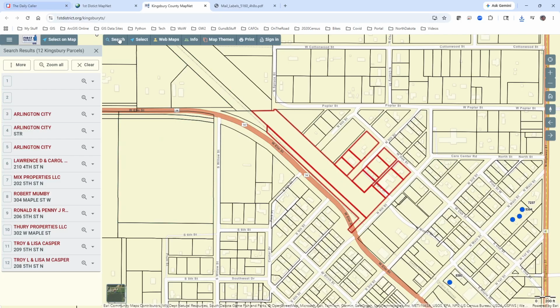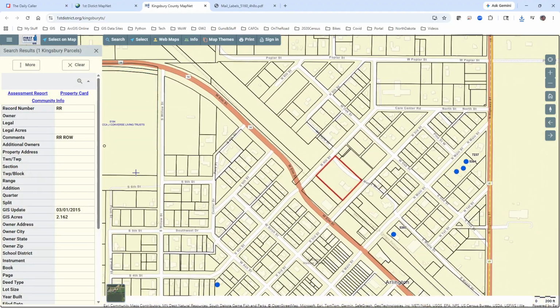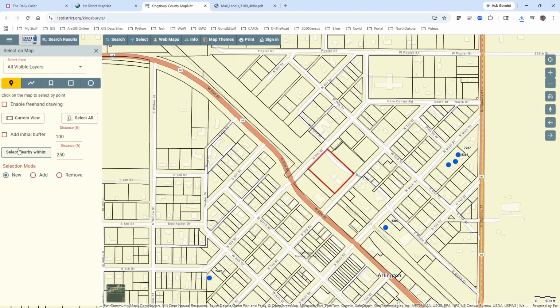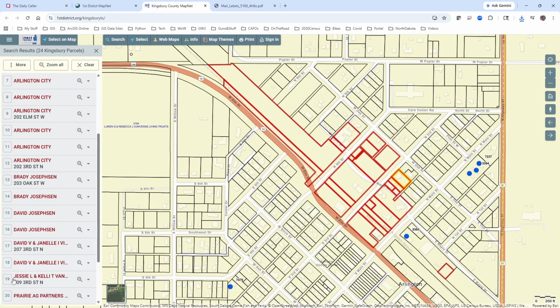Just to go through it again, I'll even select another parcel. We'll select this one right here, for example. We'll select this one, and then we'll go back to our select, and we can also do the same thing, select nearby within, and you can see that we have 20 parcels for that one. It is just so easy to do. All you have to do is just select the right parcel, and